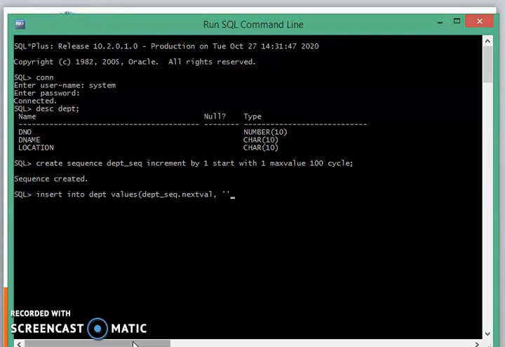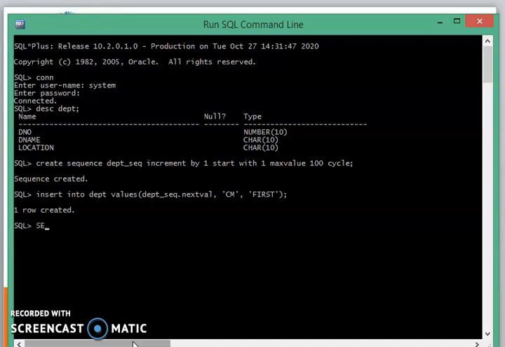Now we have to specify the value for the department name. I am giving the value as CM, and after that the third value, that is the last value for the column, location, first floor, and then close the bracket. After that enter. It gives us the message 1 row created.